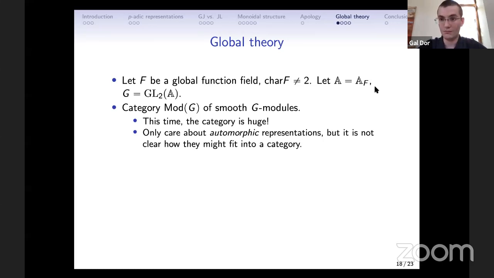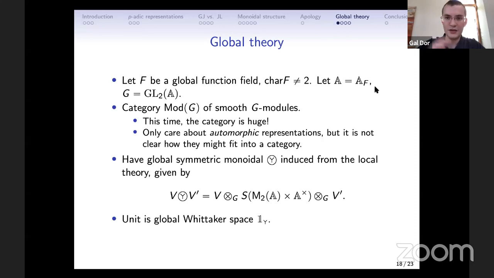And what I'm going to do now is, in a very undetailed way, just give you an explanation of how this might be done, or give you a candidate for a category of automorphic representations. So let's bring the theory that I described earlier to the global setting. We have the space of functions on M to F times F star earlier. But it turns out that there's nothing special to the local circumstances there. You can just use the same exact construction for the Adeles, and you end up with an Adelic space,